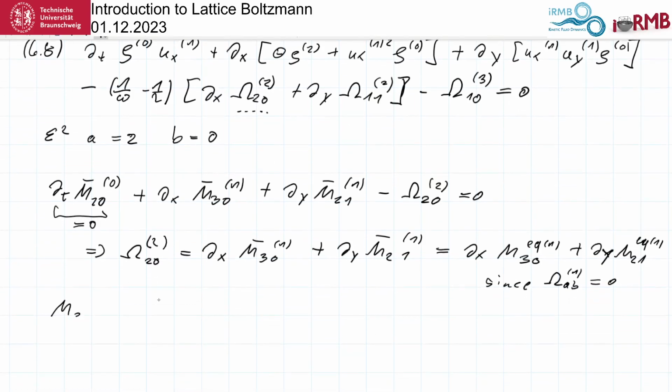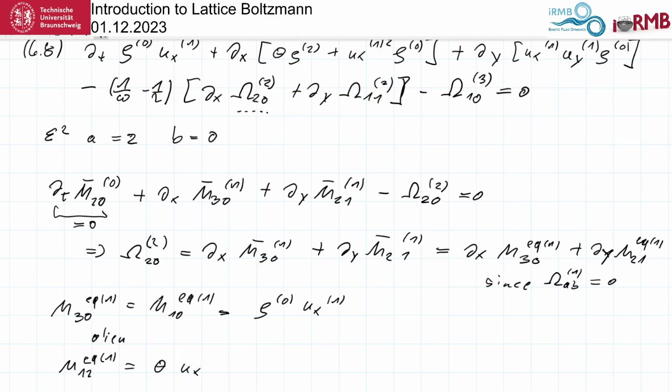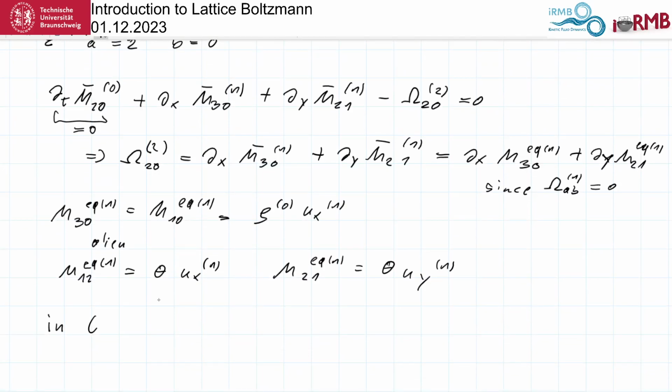And this M30 equilibrium to the first order is equal, because of the aliasing, to rho to the 0 order and ux to the first order, and M12 equilibrium first order is theta ux first order, and M21 equilibrium first order is theta uy first order. And all of this we put into 6.8,